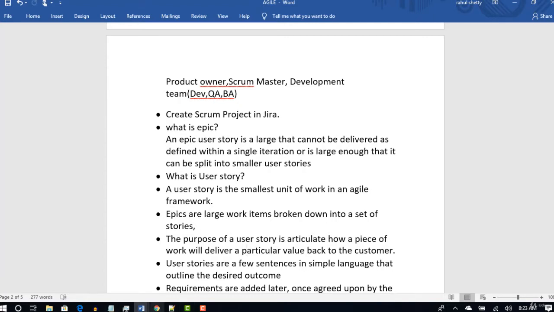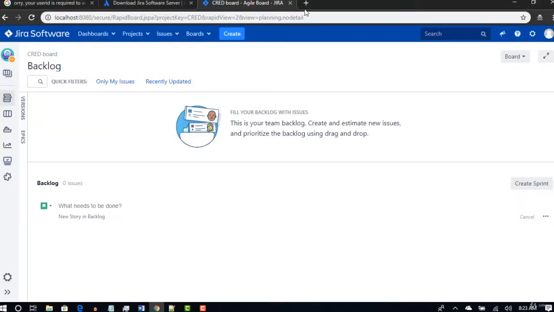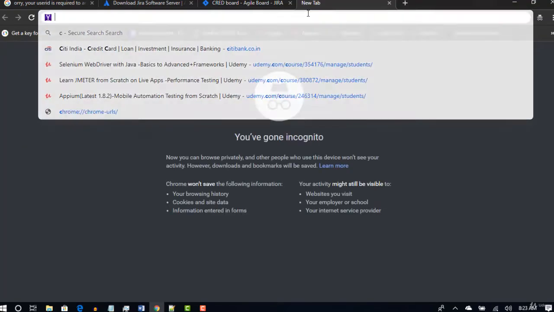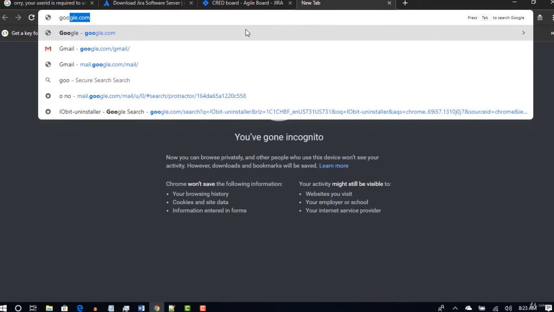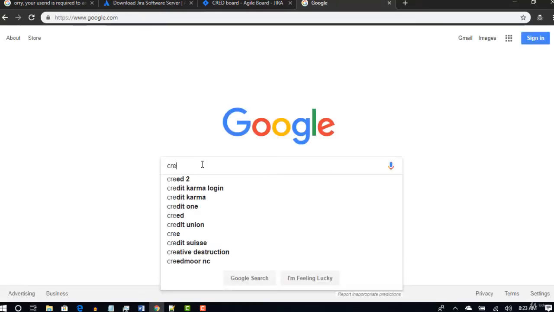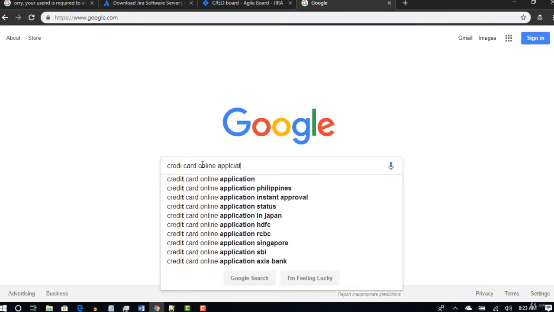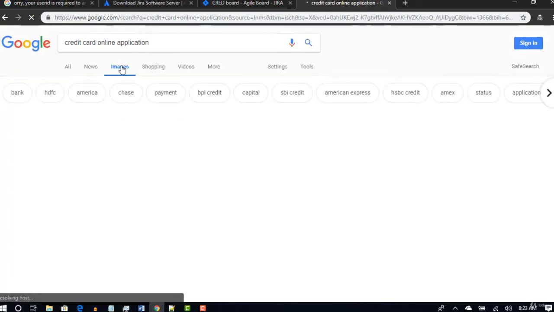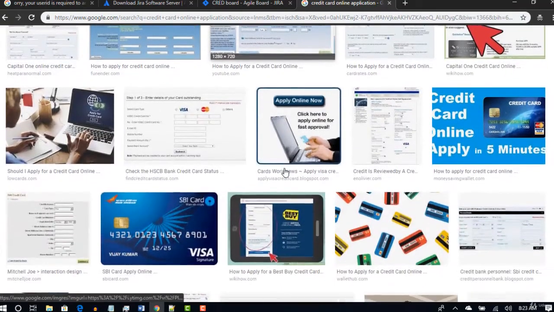Okay, one second, let me actually show some example. Credit card, let's pick one login screen. Credit card online application, something like this, and I'll click on images so that we may get some online.